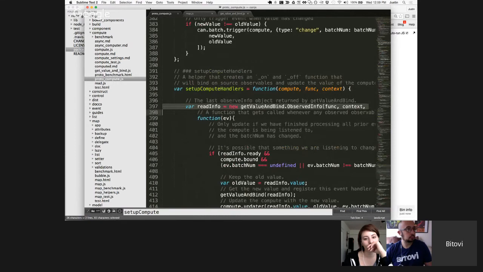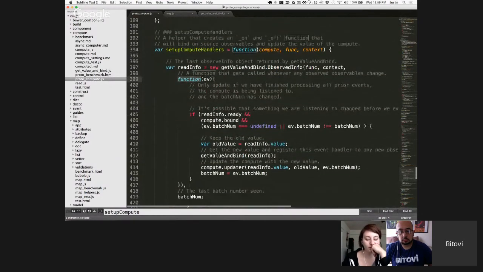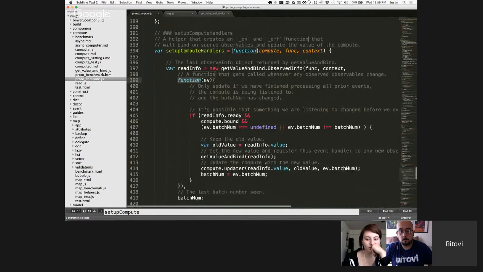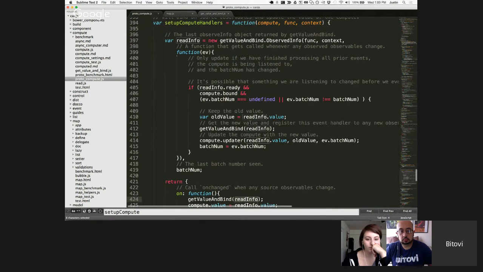And then you can see in proto-compute in here, we pass it the function, we pass the context, and what's happening is it's getting passed a function. This is the function that gets called anytime any read observable that's read inside func is changed. Anytime those are changed, this function is getting called, and what it does is, when the actual compute is bound to the first time,